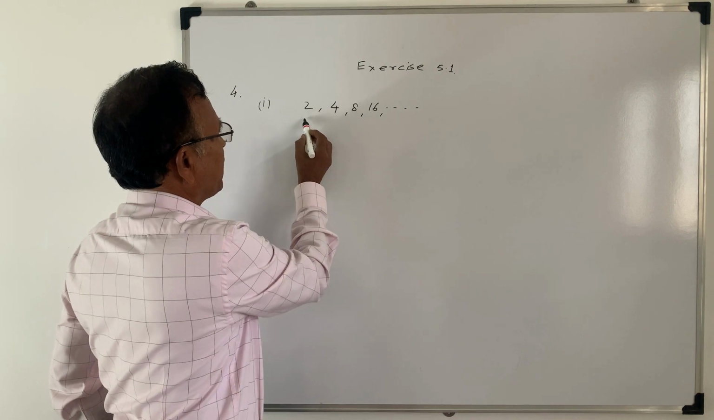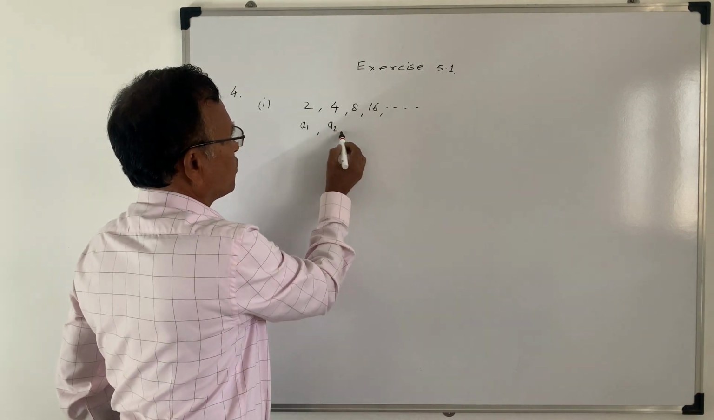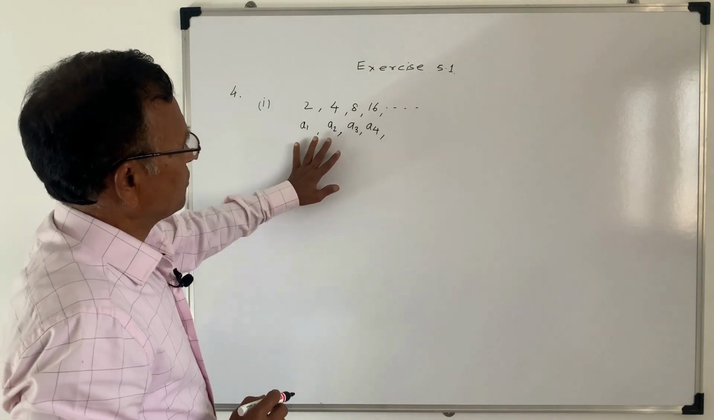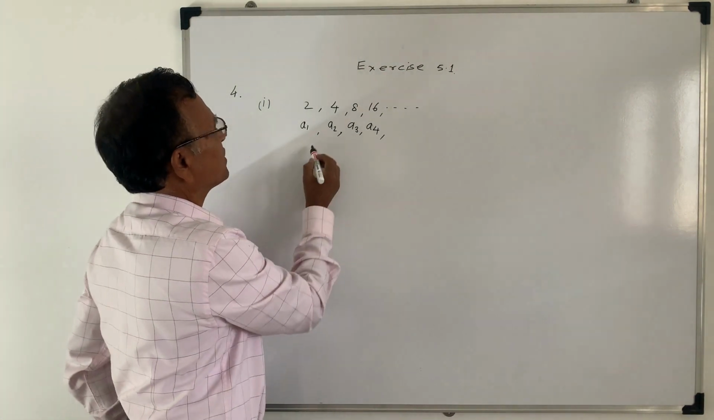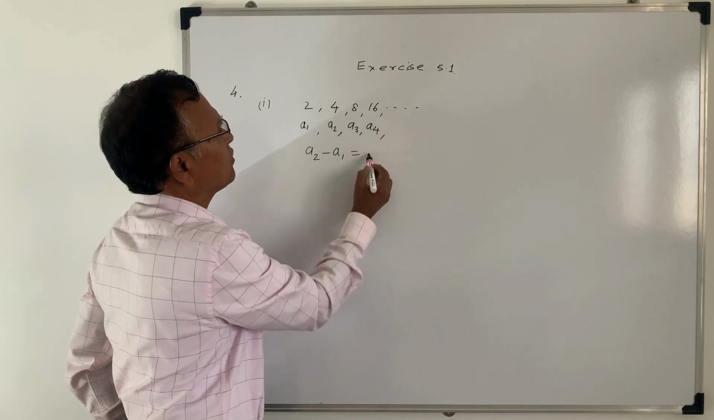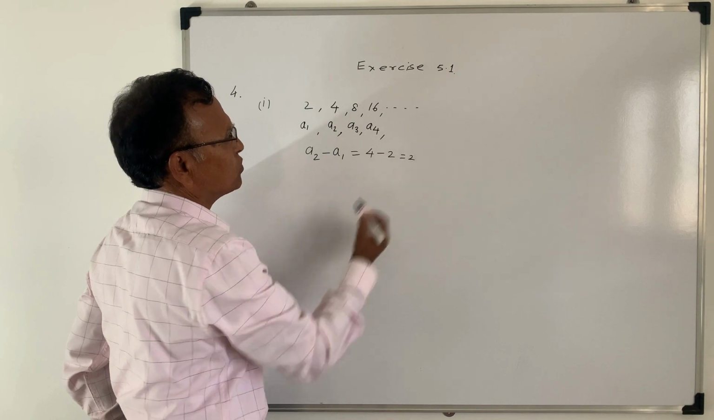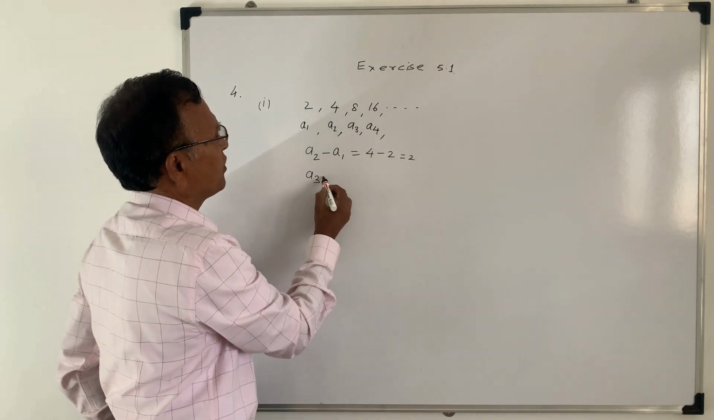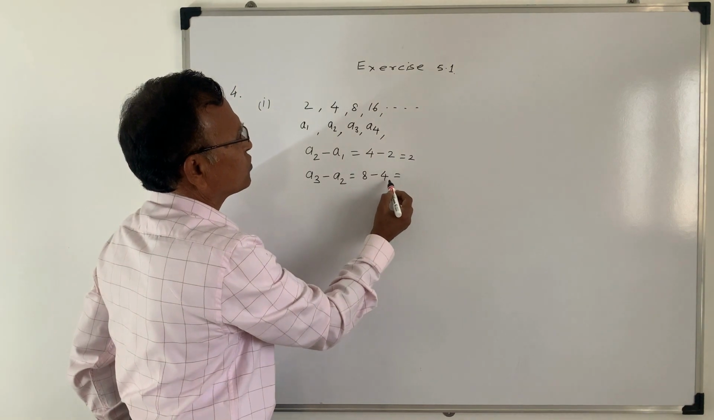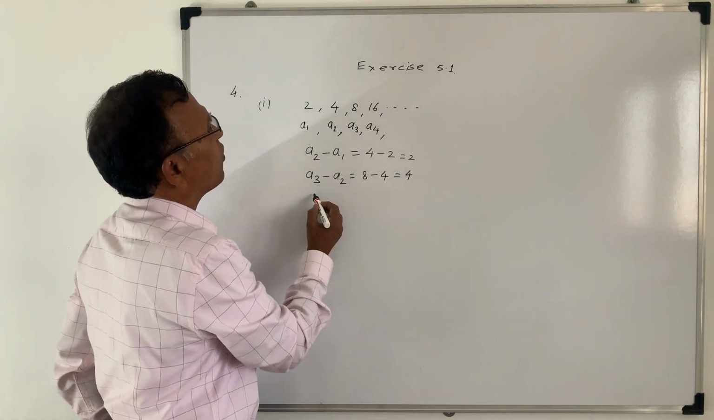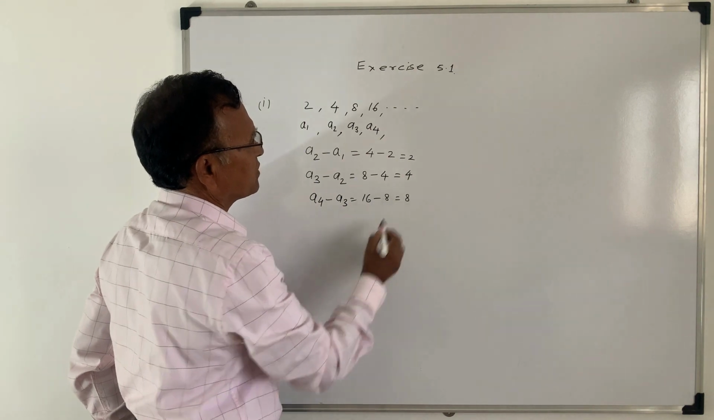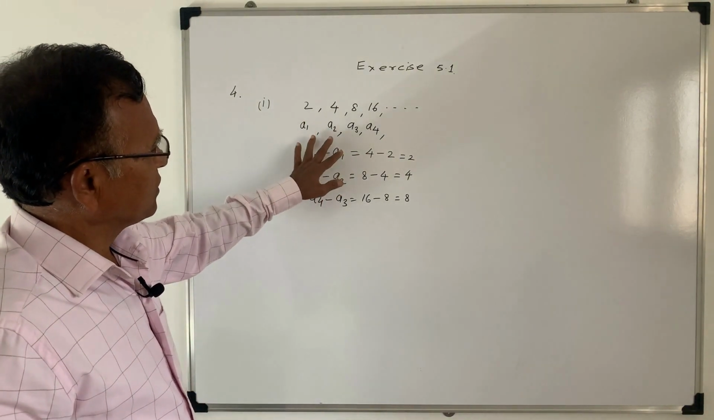तो ये A1 टर्म है, A2, A3, A4। तो आपको कोई भी दो में से आप कॉमन डिफरेंस निकाल सकते हैं। A2 माइनस A1 ये होगा 4 माइनस 2, दैट इज़ 2। उसी प्रकार A3 माइनस A2 ये इसका आप कर सकते हैं 8 माइनस 4, सो इट इज़ 4। और A4 माइनस A3 इसका होगा 16 माइनस 8, दैट इज़ 8।